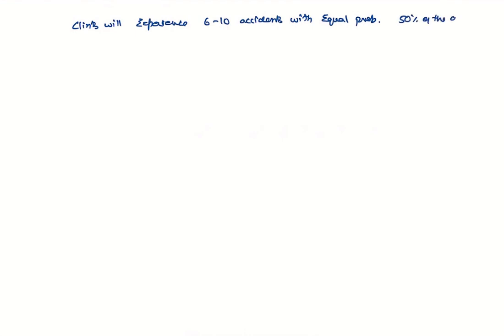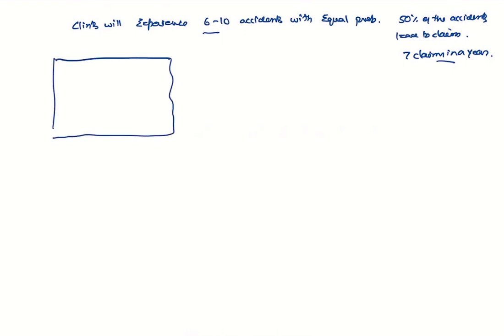of the accidents lead to a claim. What is the probability that there will be 7 claims in a year? There will be exactly 7 claims in a year. So here again we have to create this base